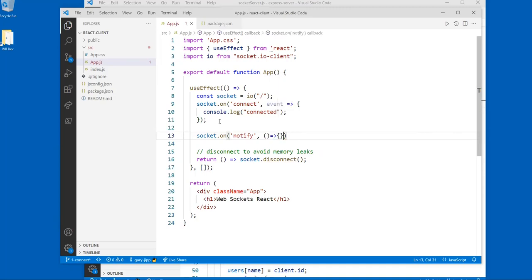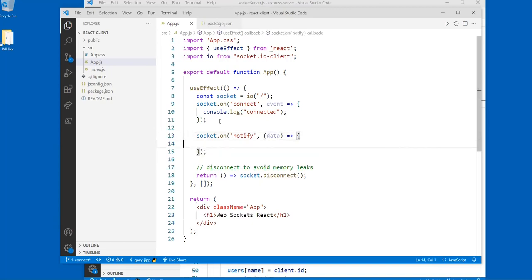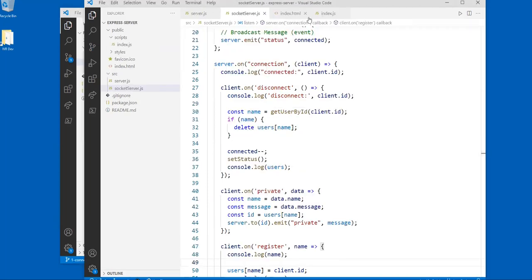So it's going to look exactly the same. And this is going to be my data there. And I got a notify. And what did I do in my other app? When I got notify, let's take a look. When I got a notify, I